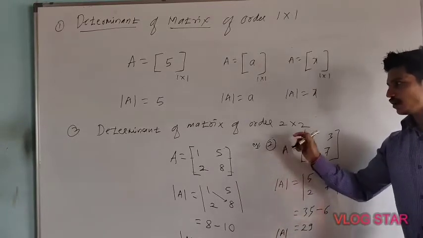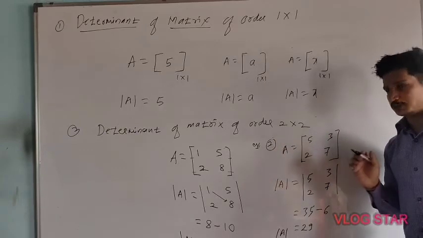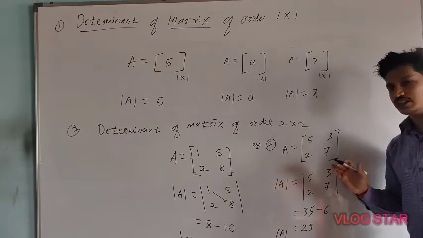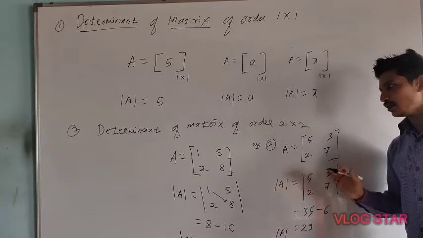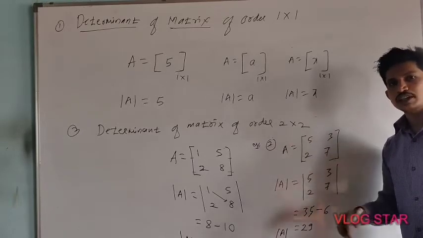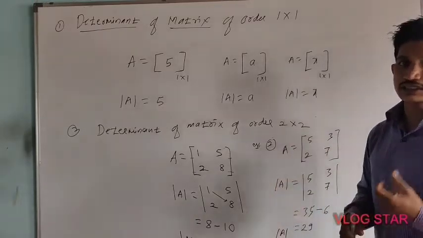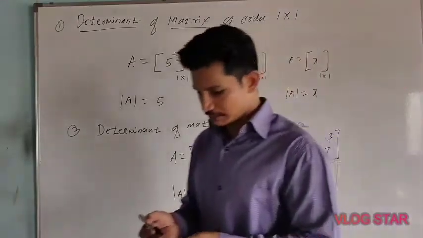Clear? This is of order what here? 2 cross 2. Okay, got now how to find the value of matrix of order 2 cross 2. Okay, now let's go for the next, 3 cross 3. How to find? Okay, so